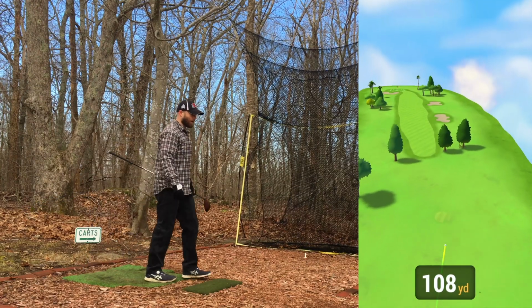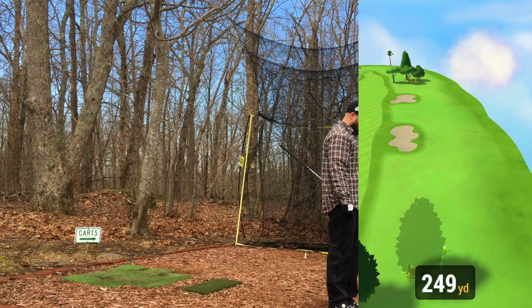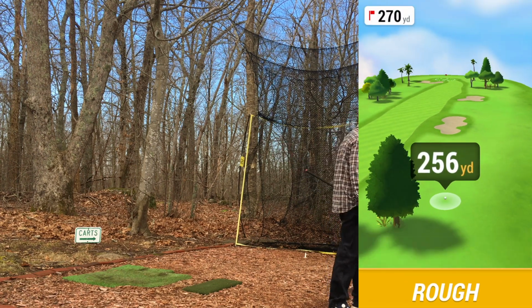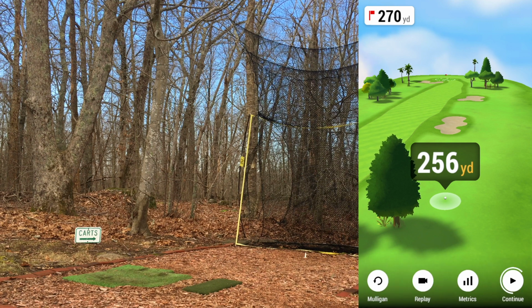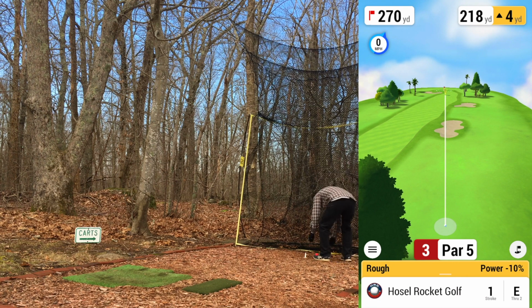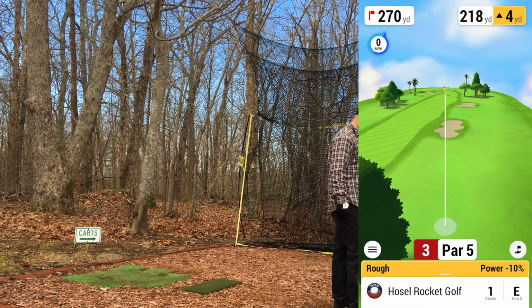Still out to the right. I don't think I'm releasing my hands quite enough. At least I'm swinging at it though. I'm giving it a chance. Not very good there, but again, not super concerned about where these are ending up, just kind of trying to work on speed more than anything. Luckily we hit it so far right, we're past these trees, but